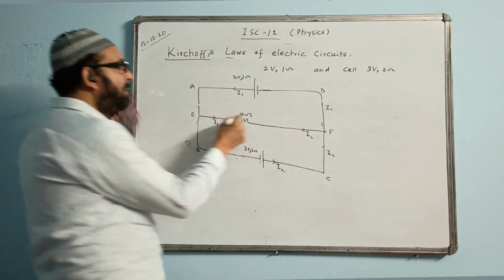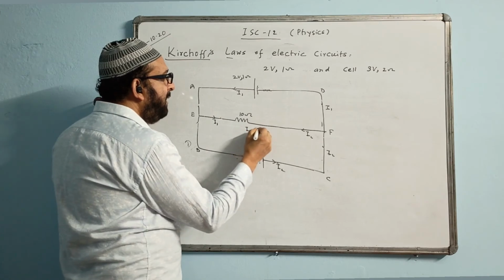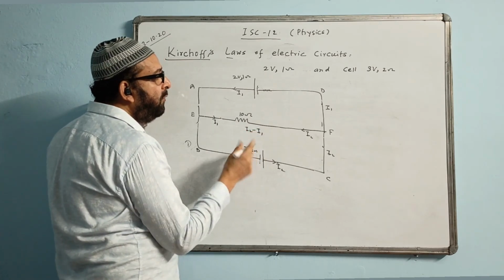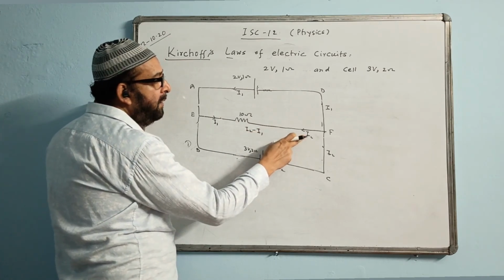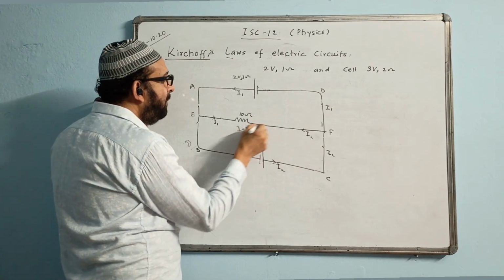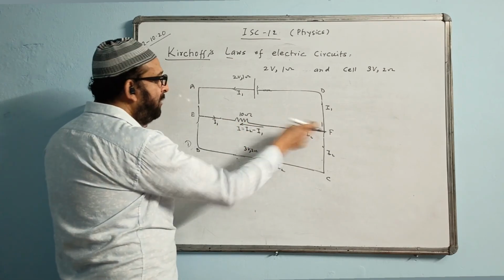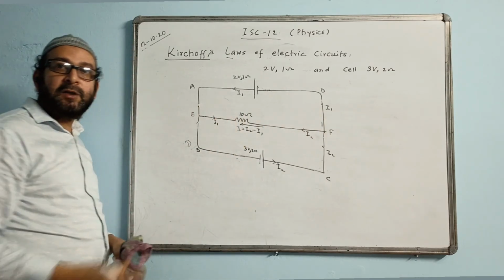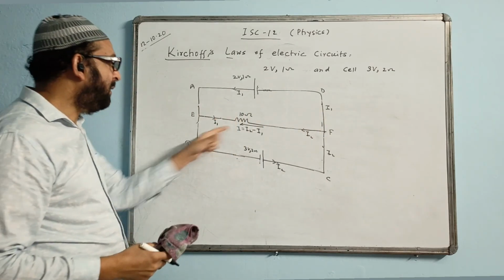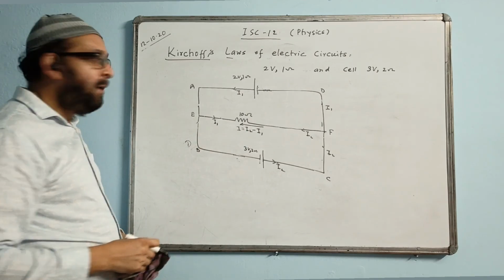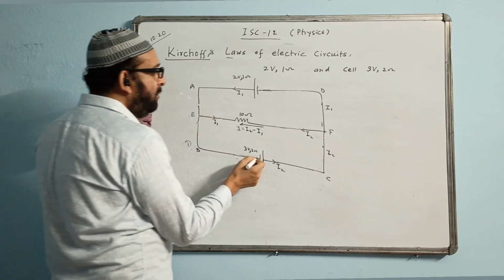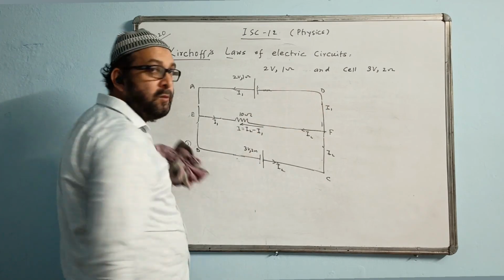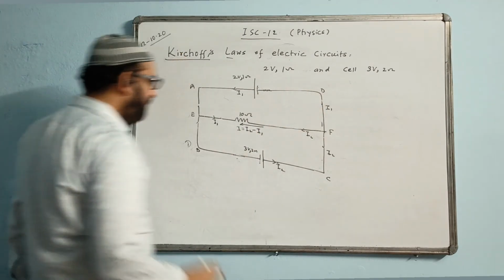So here we will write the difference, I2 minus I1, and in what direction will it flow? It will flow in the direction of the bigger one. This is the value of I, but in what direction? Like this, I2 minus I1, this way it will flow. Bigger minus the smaller, the direction of the bigger one will dominate. So let I equal I2 minus I1. And then the current goes back to its own source, here also the current goes back to its own source. That is how it will be divided.